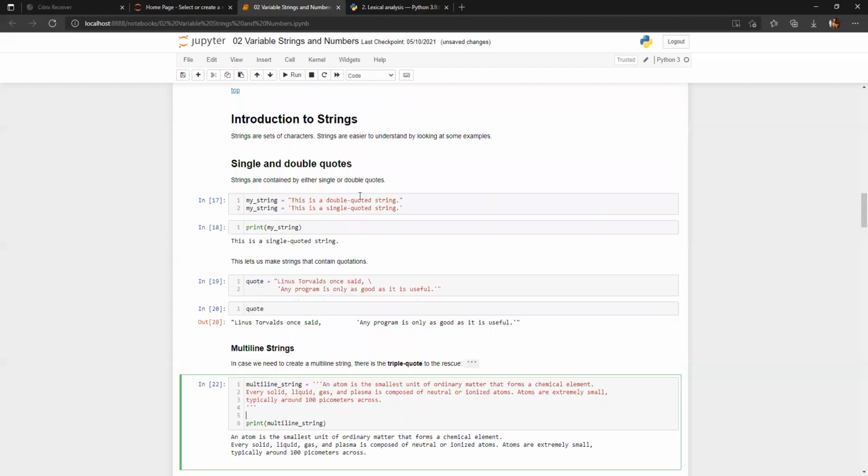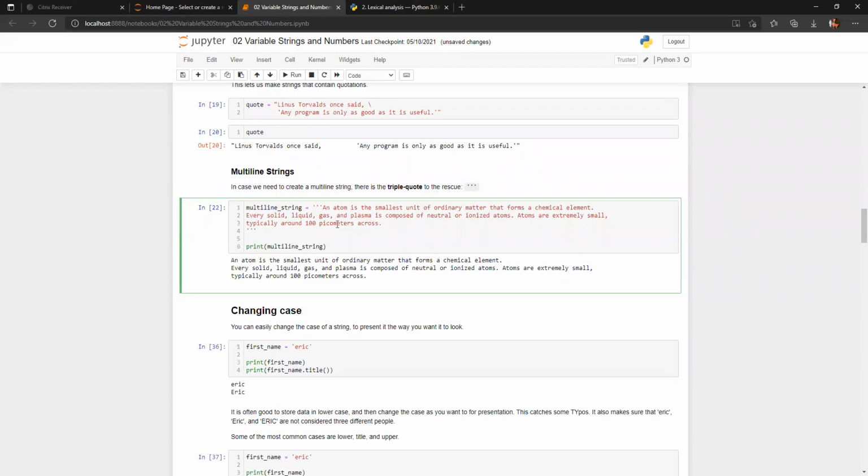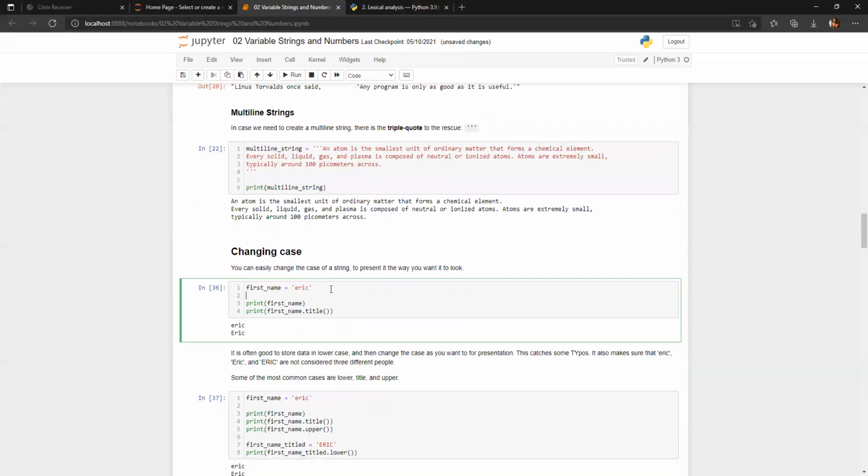So just keep this in mind. When you're declaring a string, you should use double quotes or single quotes. If you want to give any spaces, you can use the forward slash, and in a multi-line string, you have to use triple quotes. Okay, understood till this point? Yes, sir. I'll be sharing this notebook with you also, so that you can practice this.